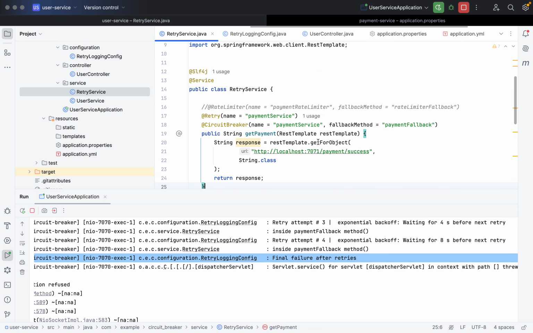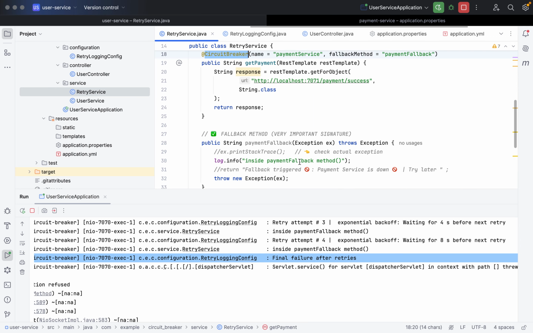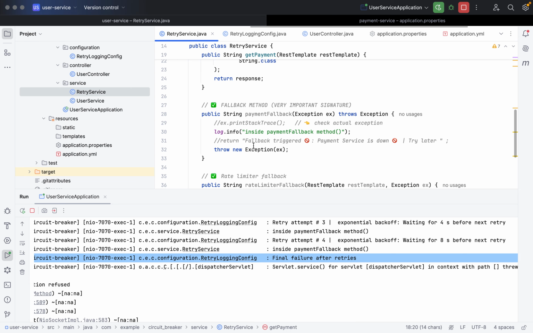Okay, what happened? Just let me explain it clearly. You can see we have declared the fallback method here at the circuit breaker level, not with retry but with circuit breaker. And inside the fallback we are intentionally throwing an exception. This is a different scenario.